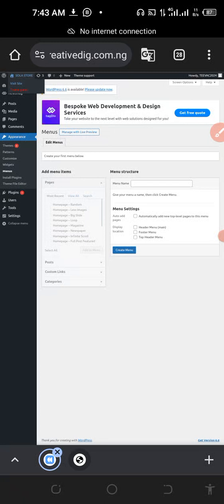There are different menus for different websites. The first thing is that you must understand the website you are building. If you don't understand it, you won't know what features to use. You are building a magazine website. Magazine websites don't normally use pages. Most of them don't use pages because the website deals with sharing of information, sharing of news. So what they need is just to categorize the news into sections like education news,